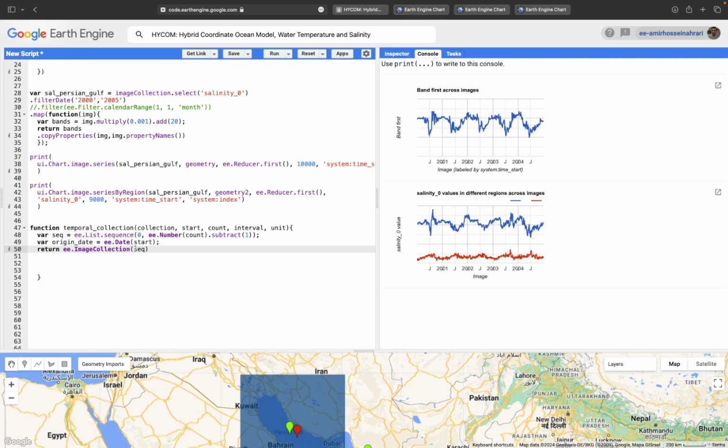Actually, we have a list with image collection format, and now for each row in this list, we need to set a start and end date through a function. The input for each row in the function, for example here we called it I, and for each I inside the body of the new function, we need to calculate the start date and end date. The start date equals, so now from the origin date